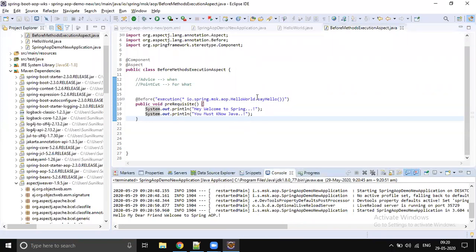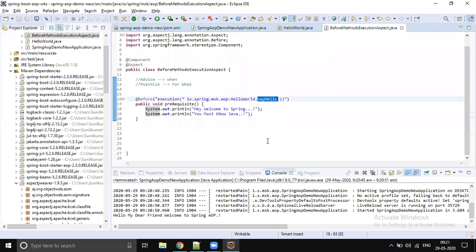Pointcuts support regular expressions, so you can configure, let's do star HelloWorld dot star. This before advice is going to execute for every method in the HelloWorld class. So regular expression support is available, and by using that we can configure this.